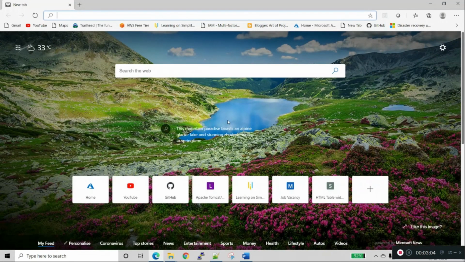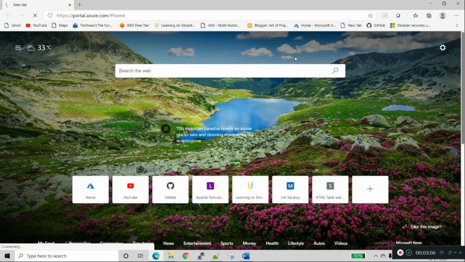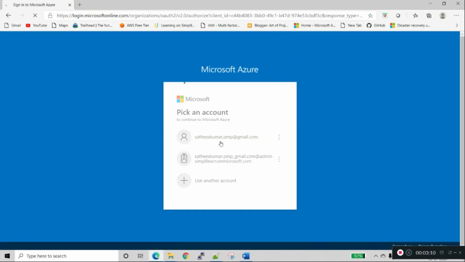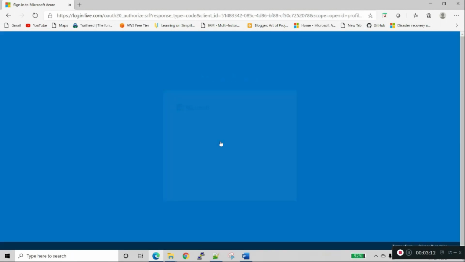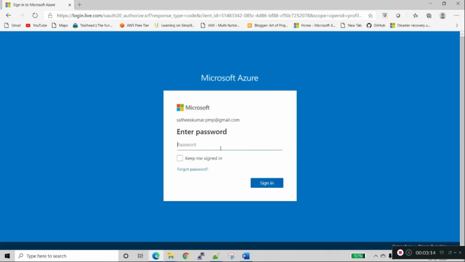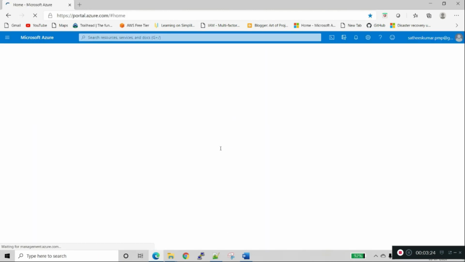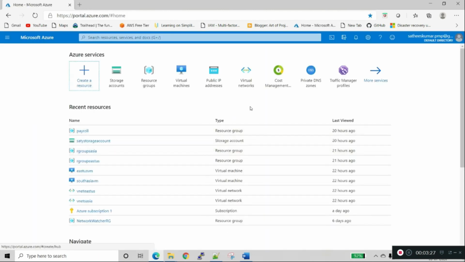Now I am opening the Azure portal. I already have an account. If you don't have an account, please create one. For a one month trial, it's free.